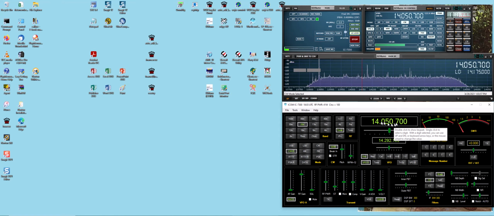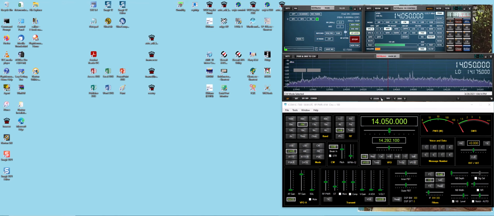And I've got a 700 hertz offset set, so let's just go ahead and take that out. And then we can zoom in, and now we're looking at